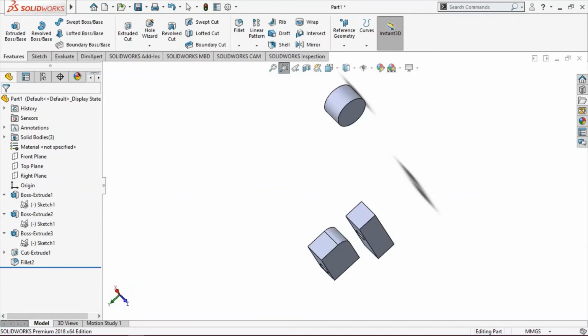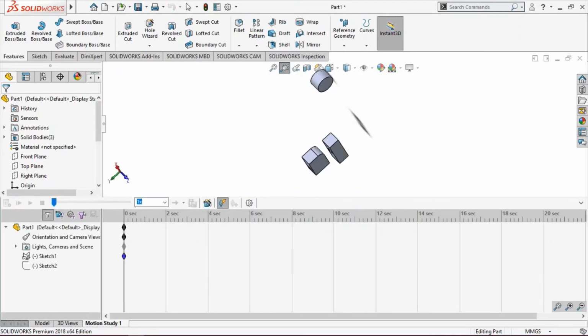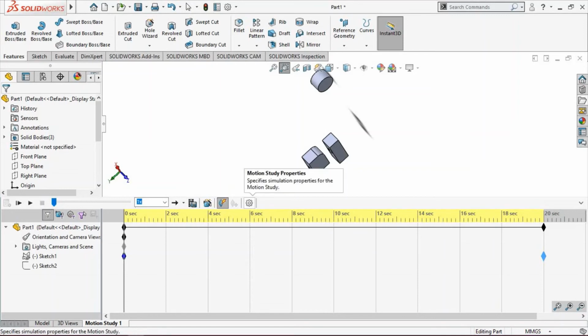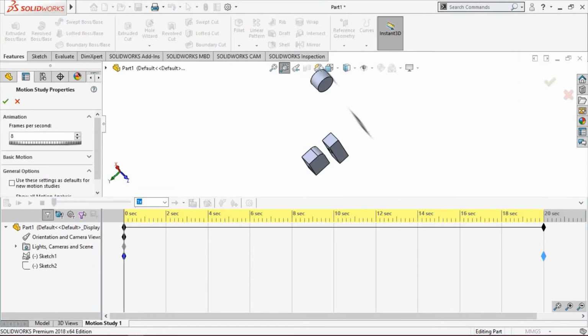And also I think you can run here on these videos, so you can also come on motion study. If you click on motion study, you see different features. For the deletion of this, you can click here also, and then after you go to motion property. If you arrive here, you can choose the frames per second. Let me choose 10 frames per second,